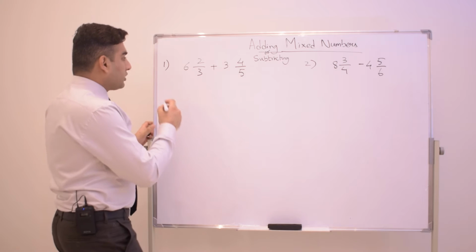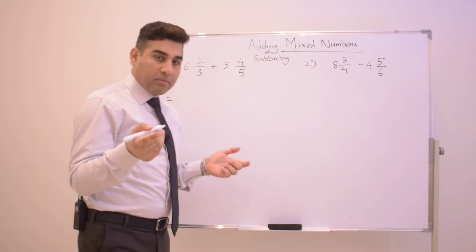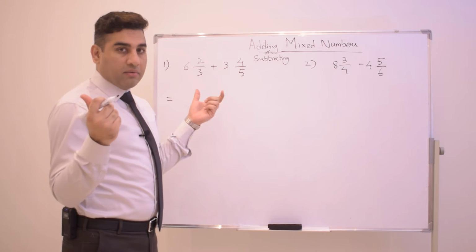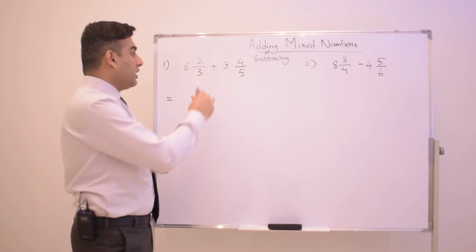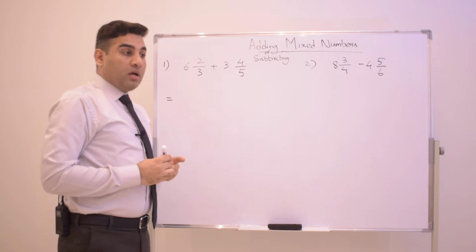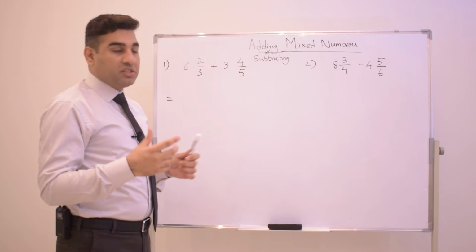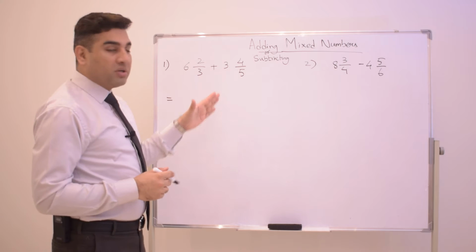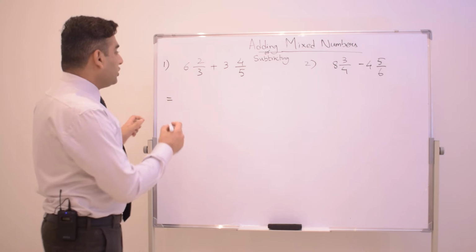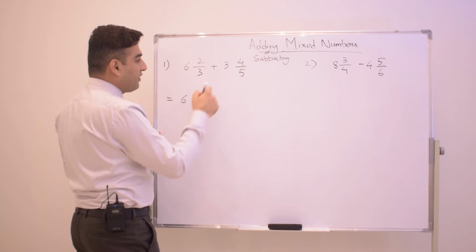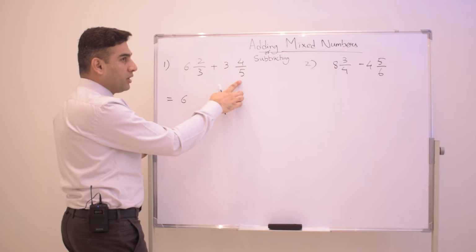Okay, so guys, as you may know, if you didn't watch my video on adding fractions, in that video I told you that whenever you add fractions, the denominators must be the same, because it makes our fractional addition easier. So right now I have two mixed numbers, and in this question again I'm going to tell you to make the denominators the same. So 6 2/3 and 3 4/5. This 3 and this 5, I want to make them the same.